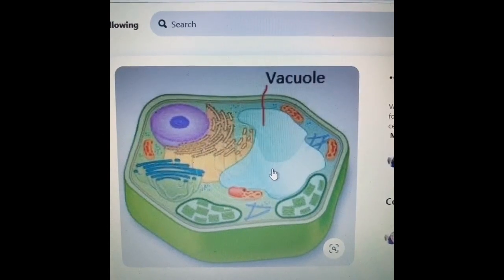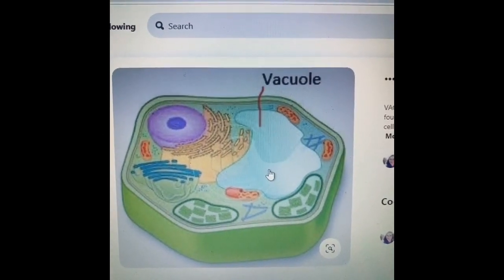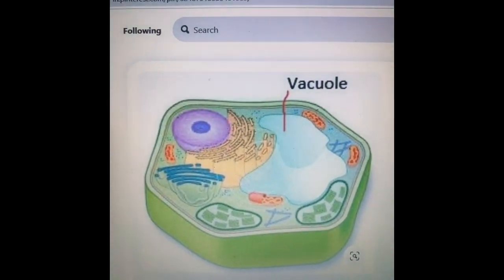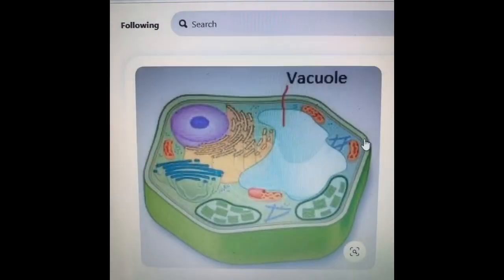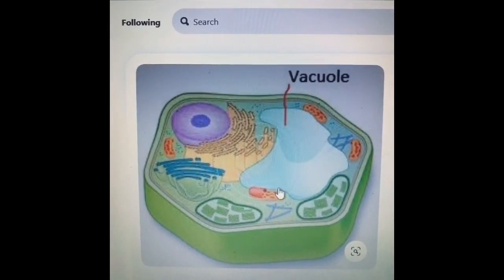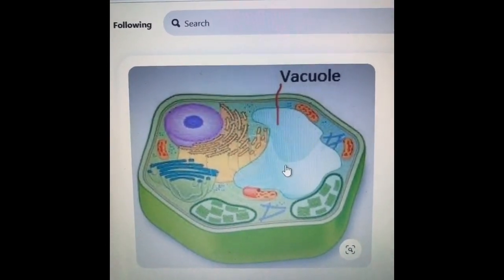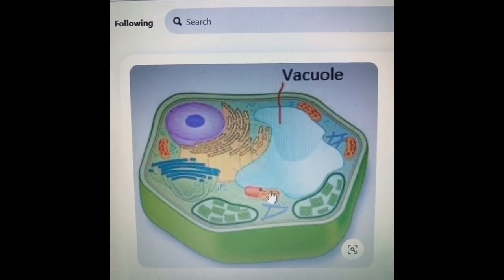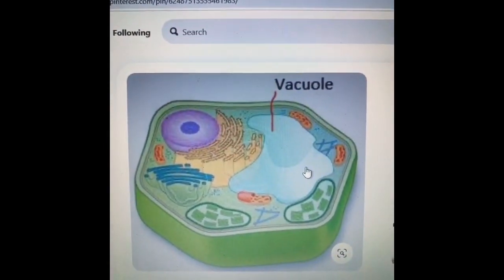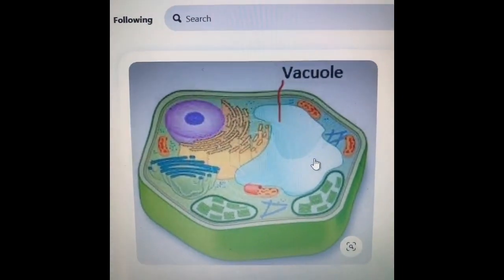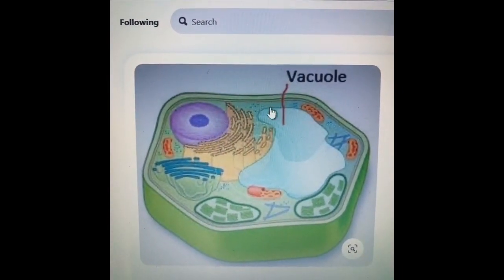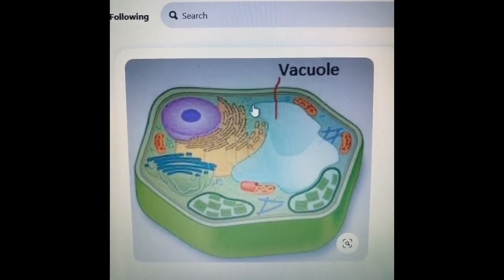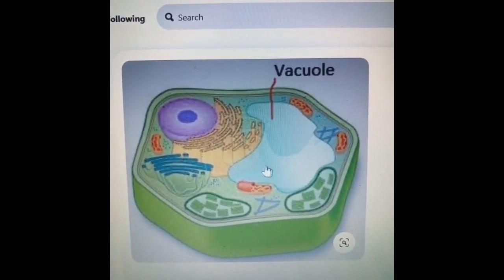Vacuole might store food or any variety of nutrients. They can even store waste products, so the rest of the cell is protected from contamination. Eventually, those waste products would be sent out of the cell. So here is the vacuole covered by a tonoplast. The covering of the vacuole is called the tonoplast.